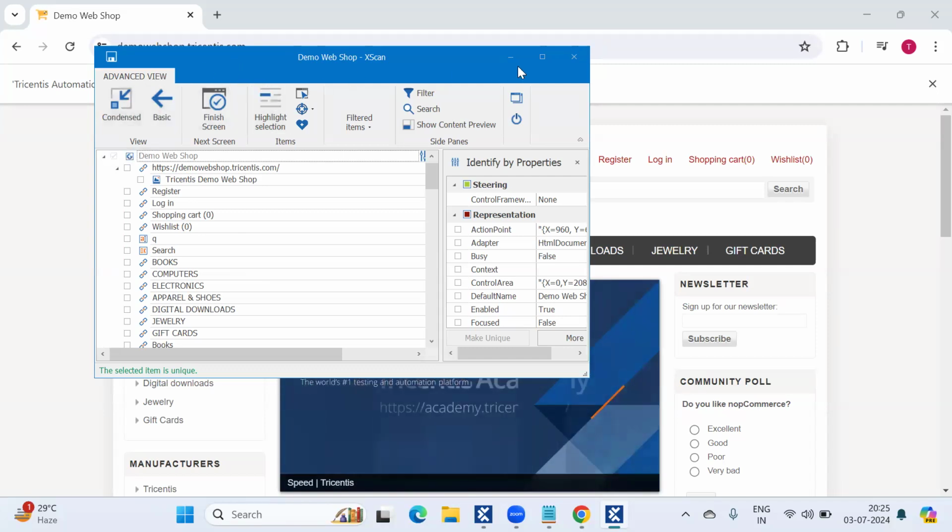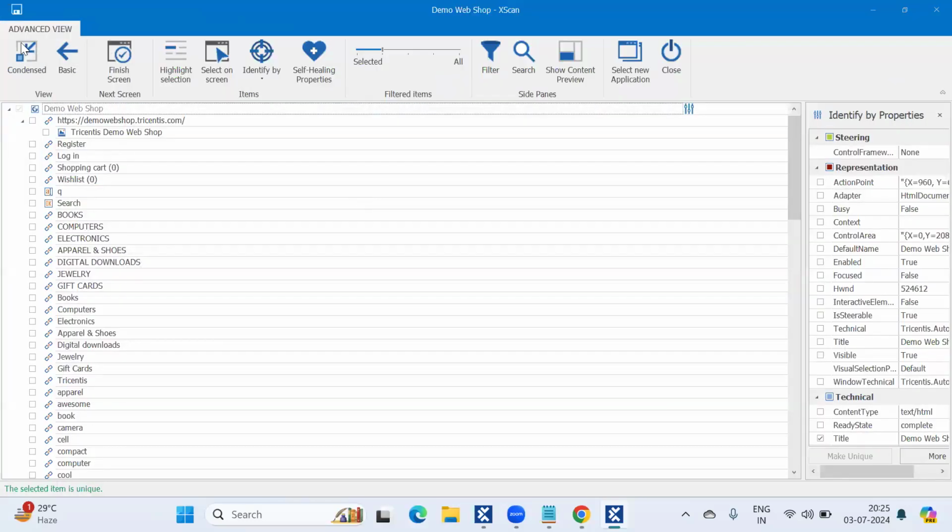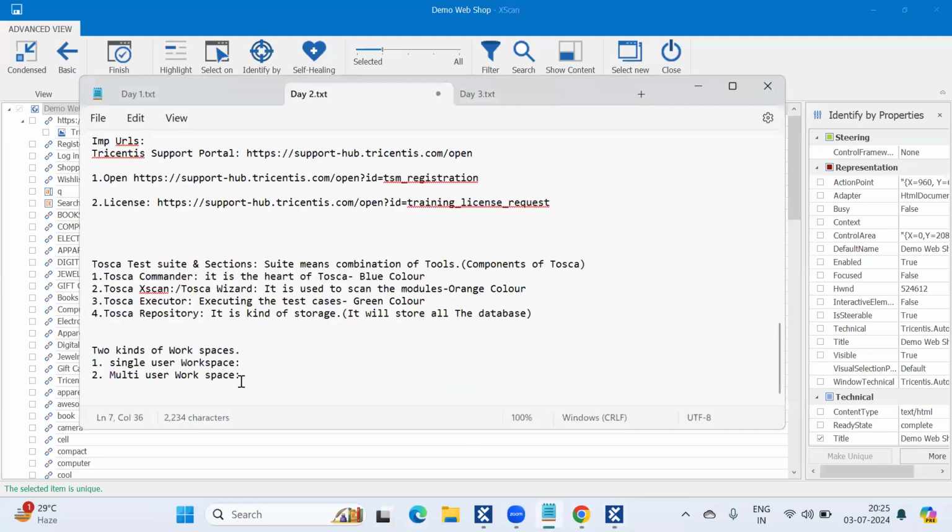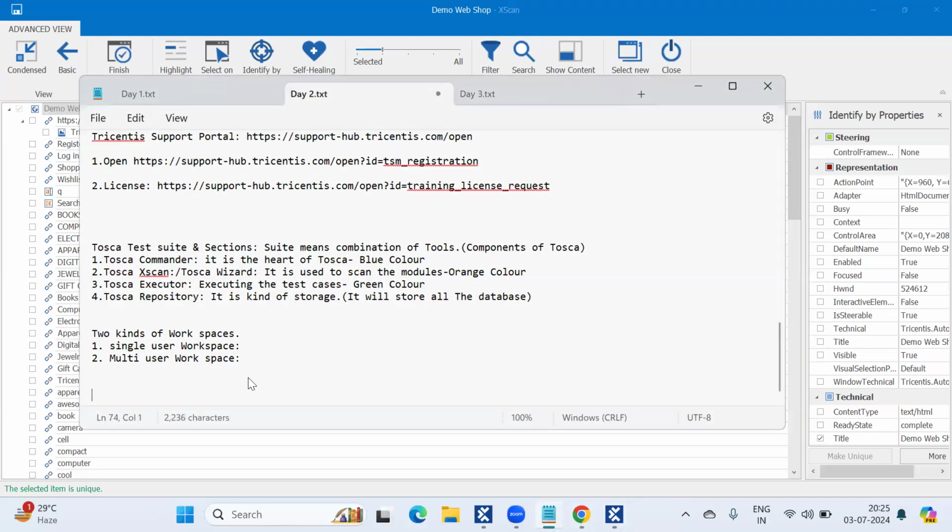In the XScan window, we have several options. This is the advanced view, basic. There are three types of views here. Let me write it down.